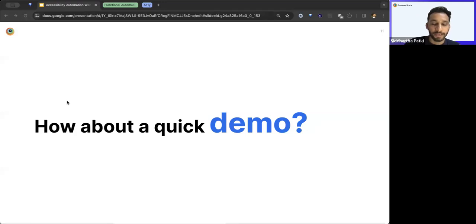Hello, everyone. I'm very excited to talk to you about accessibility automation. We'll be looking at a quick demo of the product. I'll also be talking about how you can integrate your existing test suites and have accessibility running on all of them. With that quick overview,